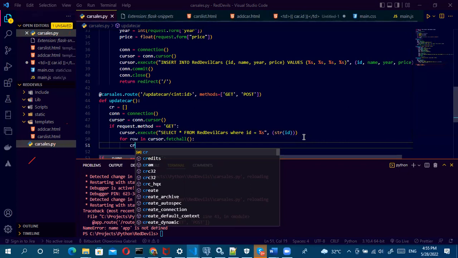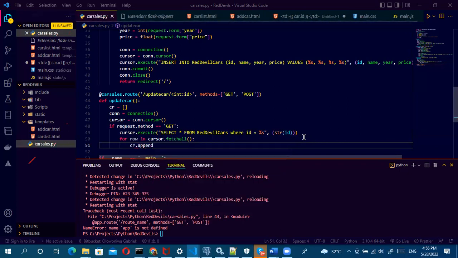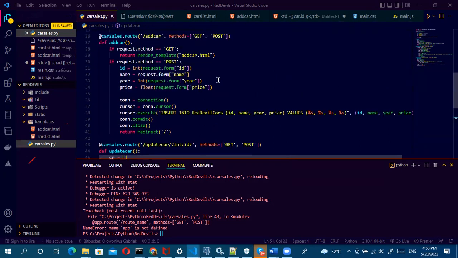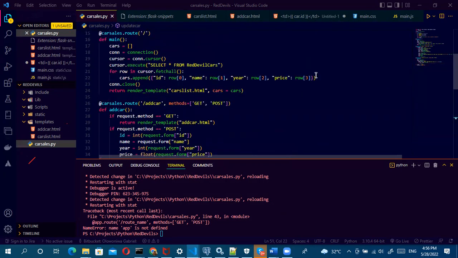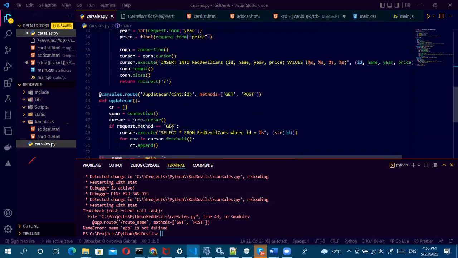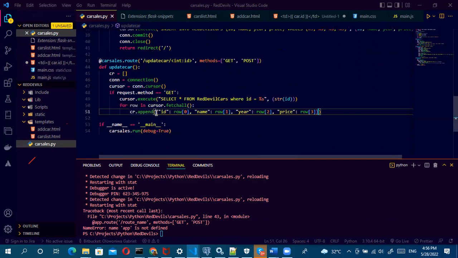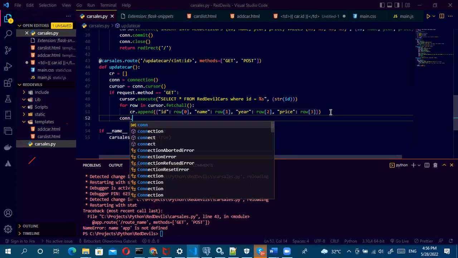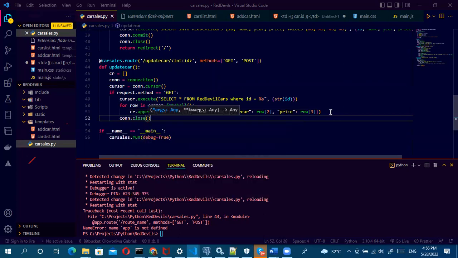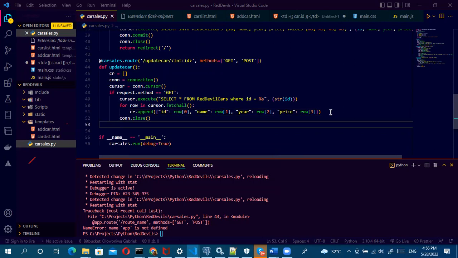So my reader, I've already done the append. So what am I appending? I'm appending everything I'm getting back. So here I can decide to go and copy it, because it's still more or less the same thing I'm doing here. Then I do my connection close, and I return